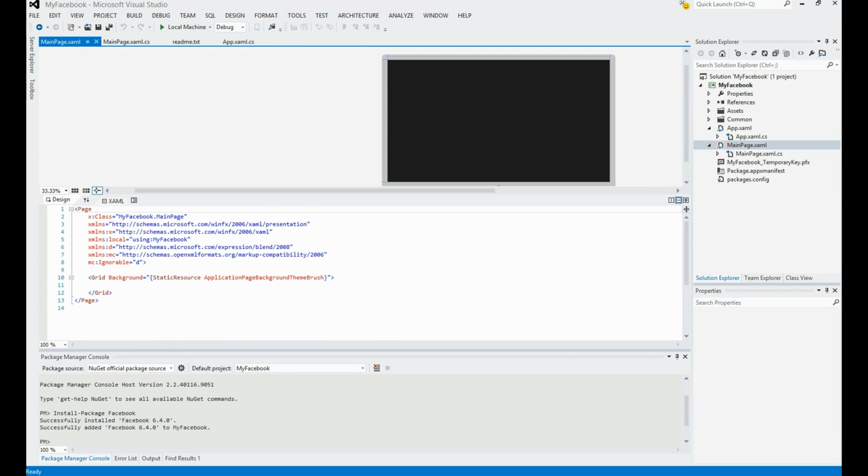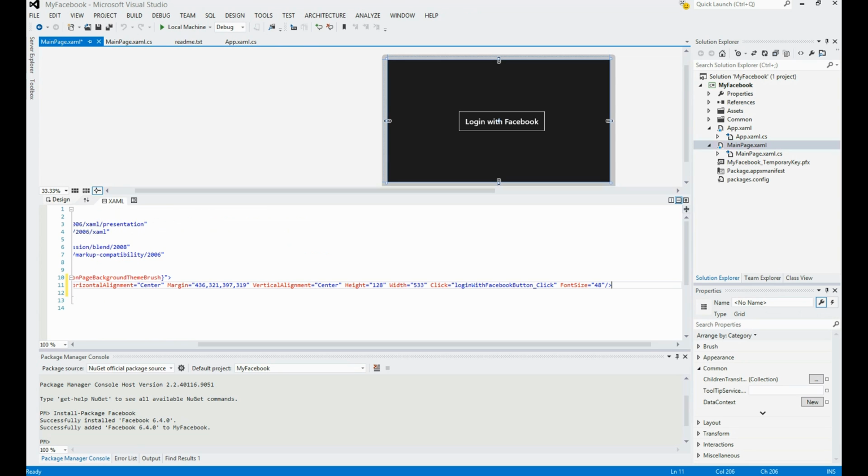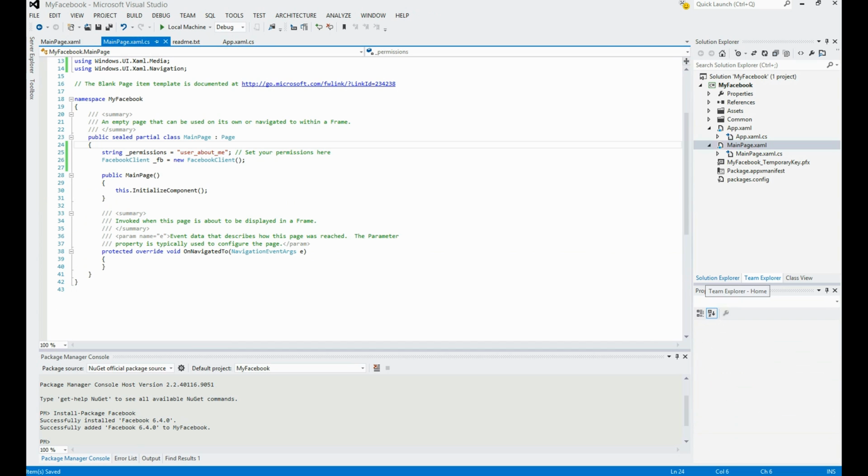Then we will add a button to mainpage.xaml that the user can click to log in with Facebook. After we have the button, we will add the event handler for the login button. This is just a bit of boilerplate code that uses the built-in web authentication broker in Windows 8 to show the Facebook login UI. Once authentication is successful, it navigates us to another page called landing page, where we will